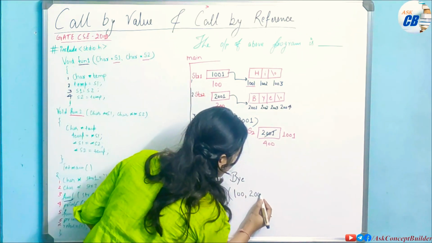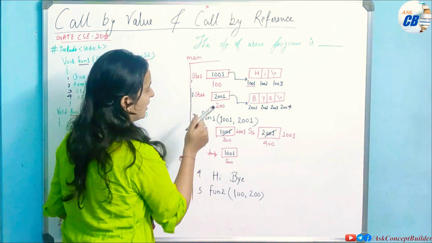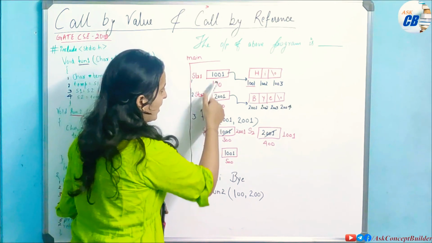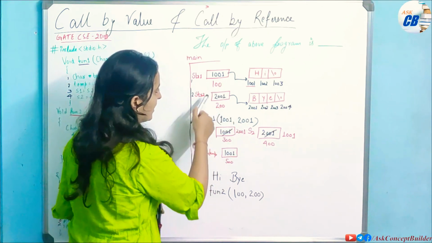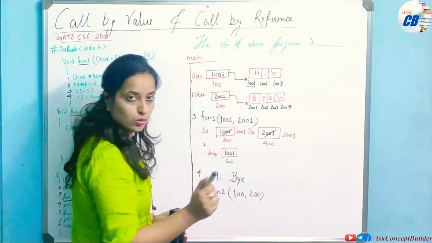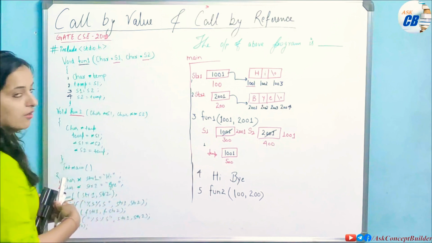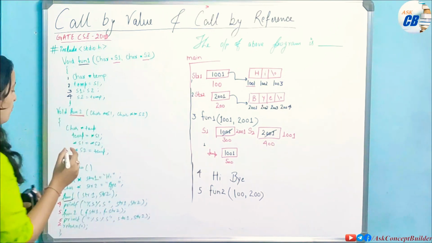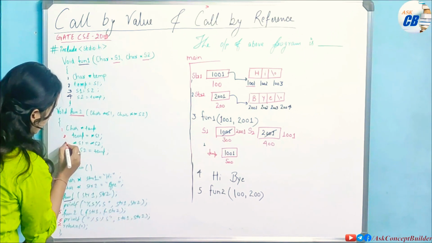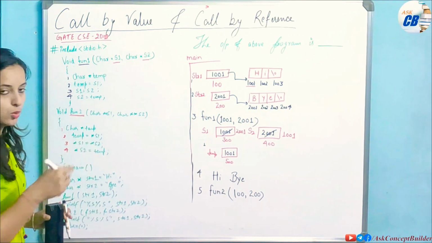Now in this function we are passing the address of str1 and str2. In the first function fun1 we had passed the values of str1 and str2. Now here we are passing the addresses of str1 and str2. Now we will move to your fun2 function. Where is the fun2 function? Fun2 function is here. Now we have to execute all 4 steps of its instructions to complete this.